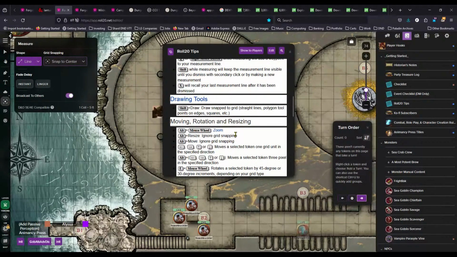And of course there is drawing and resizing. This comes in handy. Oh, so only you can modify the size of a player's token, which will often happen if they're copying their tokens and pasting them from one page to another, and the grid is different from one page to the next. For instance,